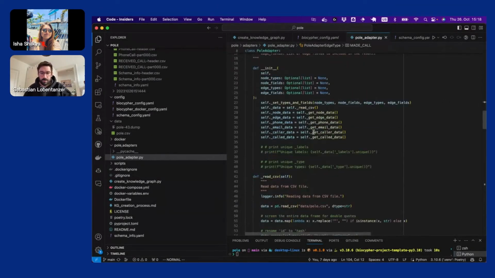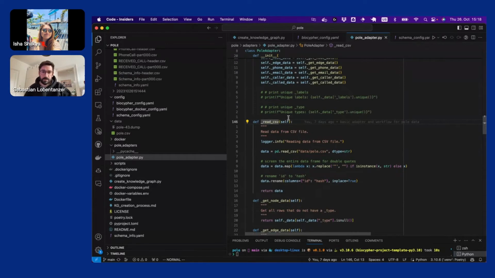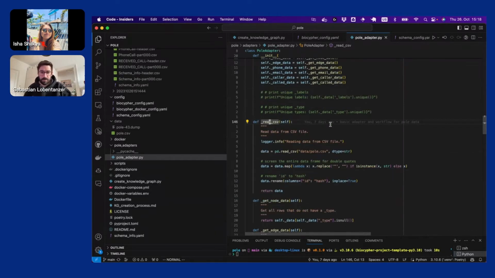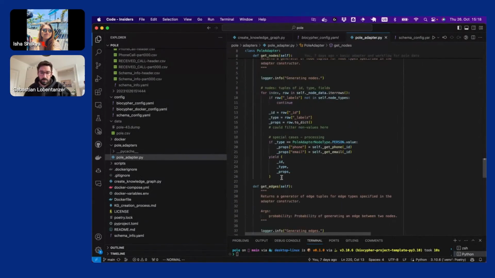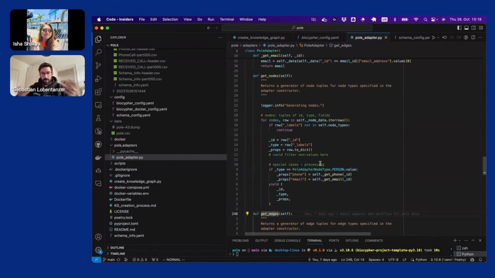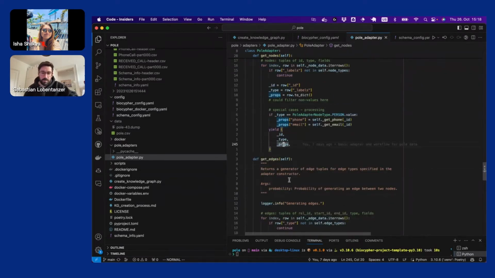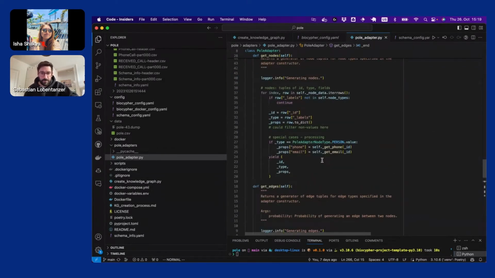And then we also have the adapter with the main functionality of getting the data, so knowing what it looks like, and then doing the ETL stuff, but then also doing some maybe abstraction processes. And the most important function, of course, is get nodes and get edges, where we pass the knowledge then to BioCypher in the format that it expects, which is for nodes an ID, a type, and a property dictionary, and for the edges, ID, type, and properties, but also a start and end node.